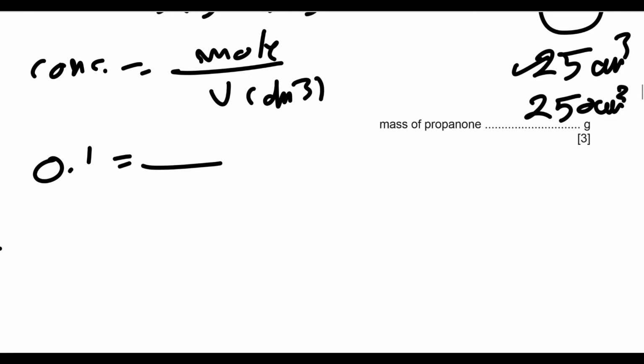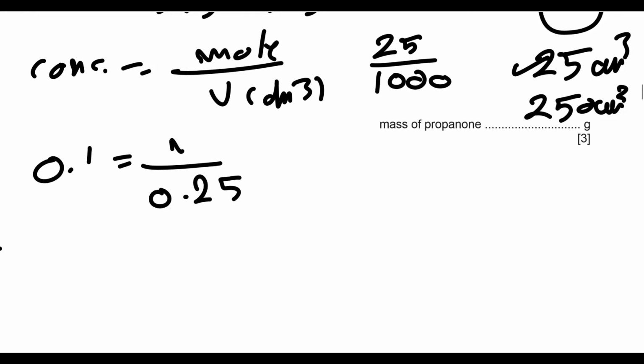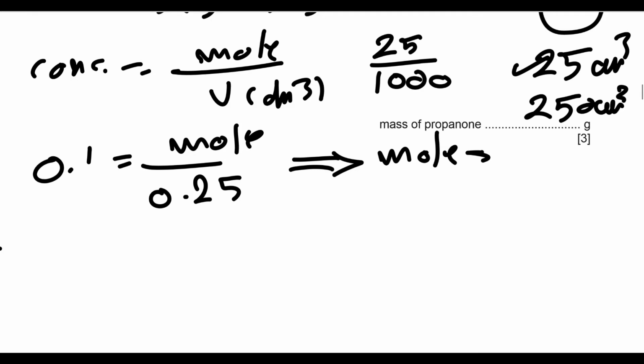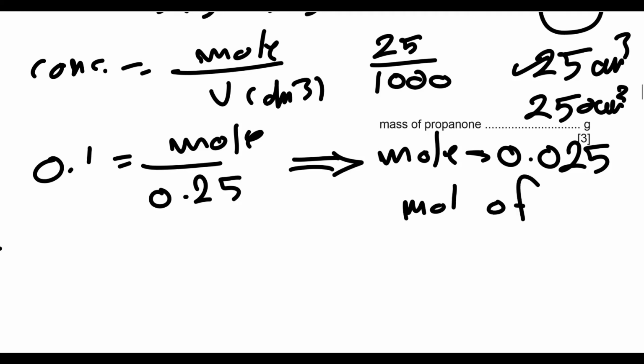To convert it into cubic decimeter, that means 25 over 1000, which is 0.025, and here mole. Mole equals 0.1 times 0.025, and this will give us 0.0025 mole of